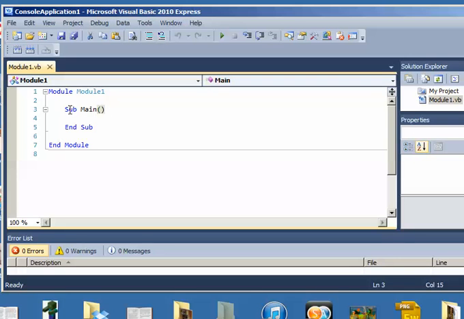This is the main program, and Sub stands for subroutine, and this begins and ends. You can see it begins here on line 3 and it will end on line 5, and then the module itself ends. So the program, when it runs, will start at line 1 and move through these lines to the End Module, and then it will end. So we're going to start with